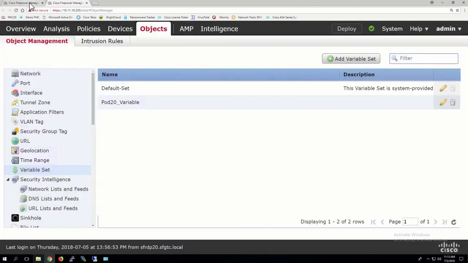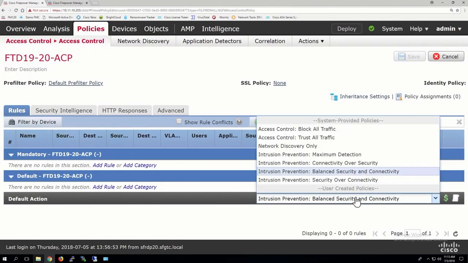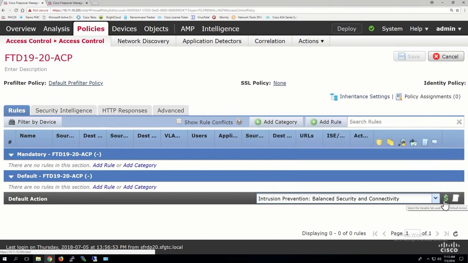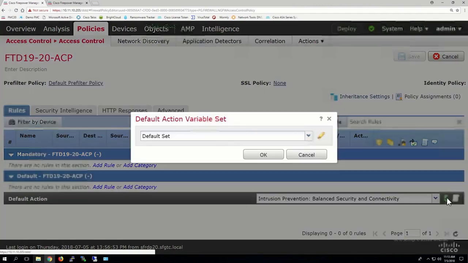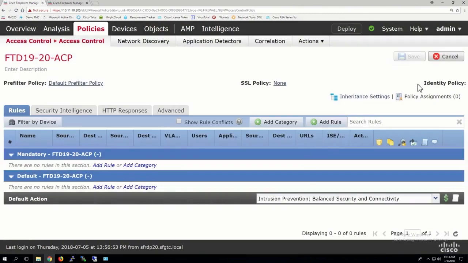So if I come back here to my ACP, which should be here, and here's a Snort rule right here, I can come under here, and there's the different Snort rules I can use. Now, we'll get into that, don't worry. But this is how I change the variable set over here. If I click on this, I don't know if I'd have to get out of this ACP and then back in. I'm just not going to do that, but this is where you would set it.